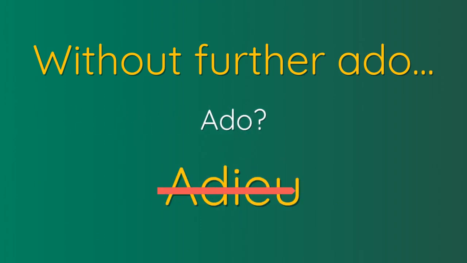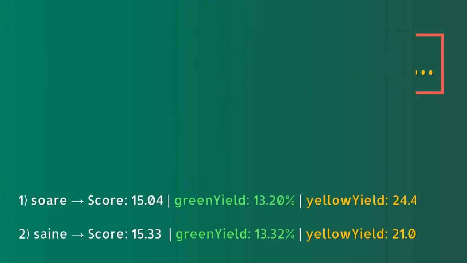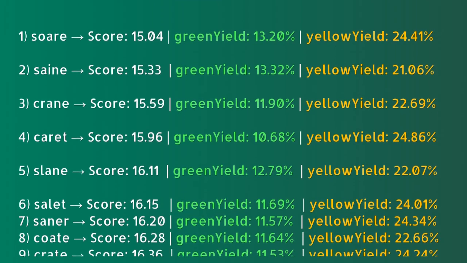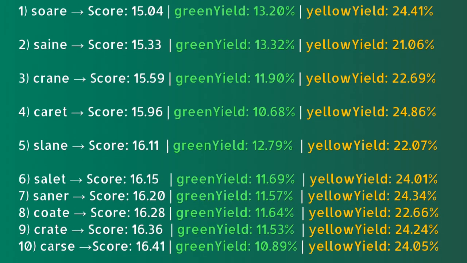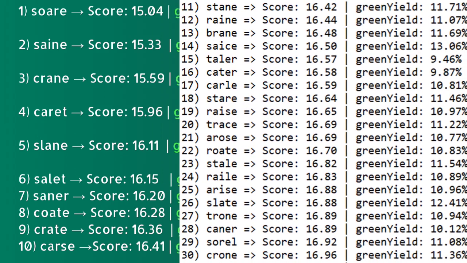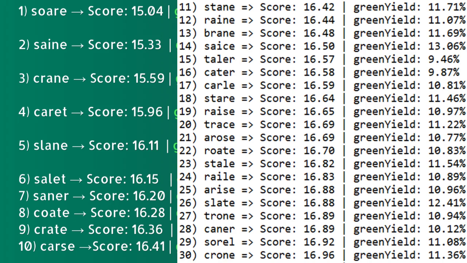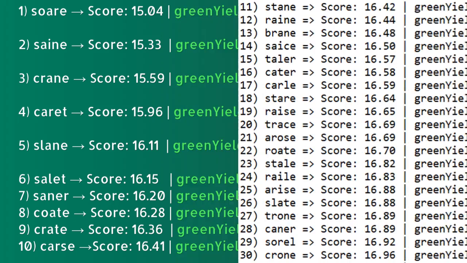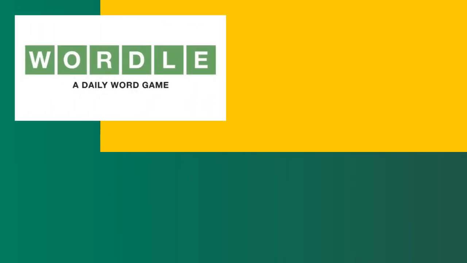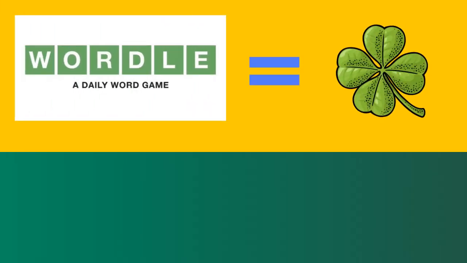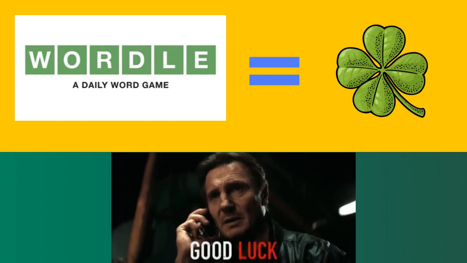Well, that's not on the list anyways, but anyways, without further ado, here's some of the best starters you can use in the game. So if you're looking closely, you'll notice there's at most a 1.37 difference between the top 10 words. And that differentiation actually spreads across maybe the top 20, 30, 40 words. Any of these words is considered an optimal first guess, and based on the luck of the draw, will yield you some tiles. Wordle is very luck-based, and like we've seen, there's ways to skew your luck, but you might